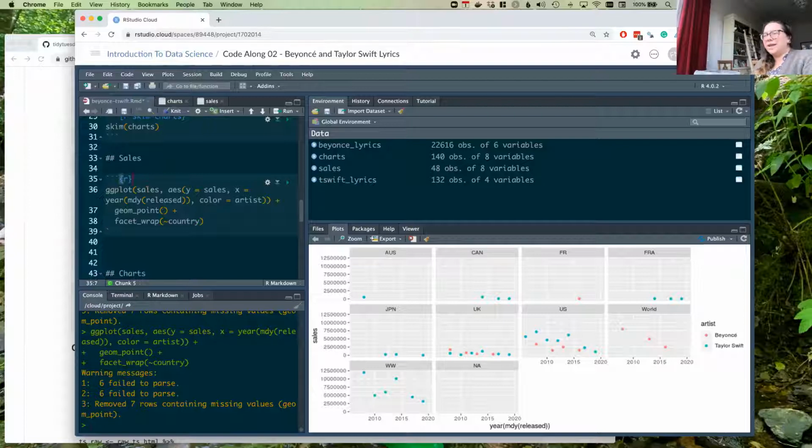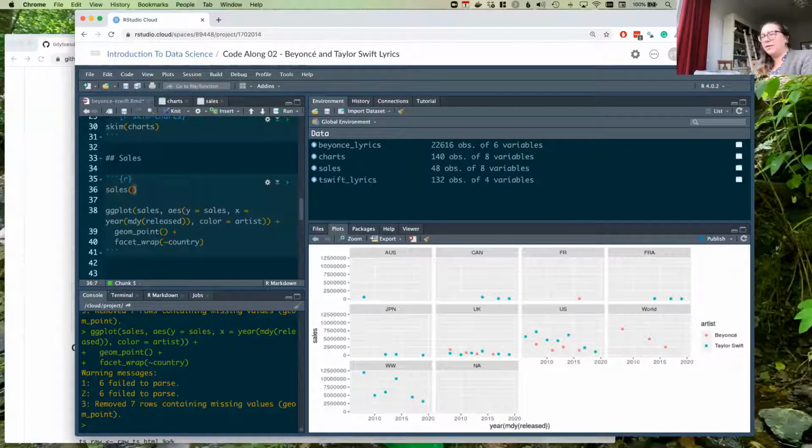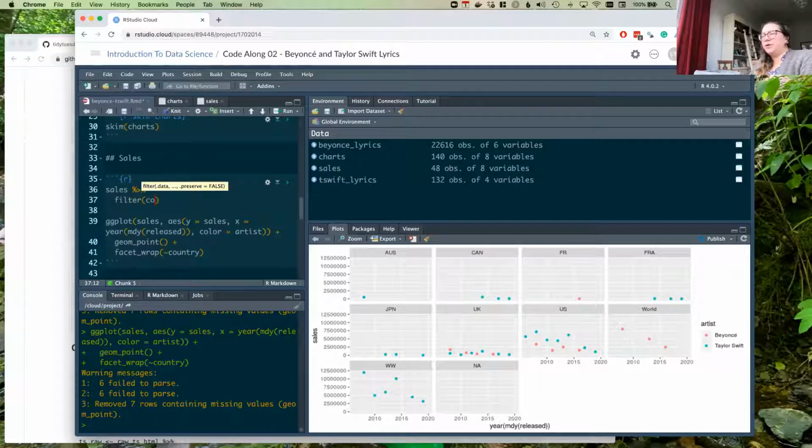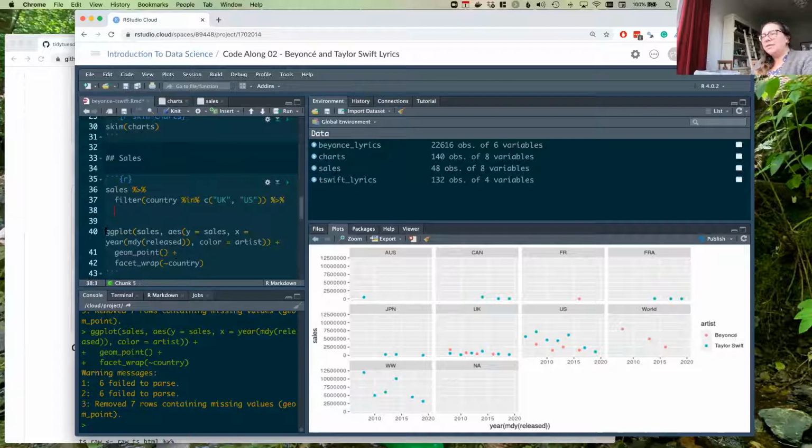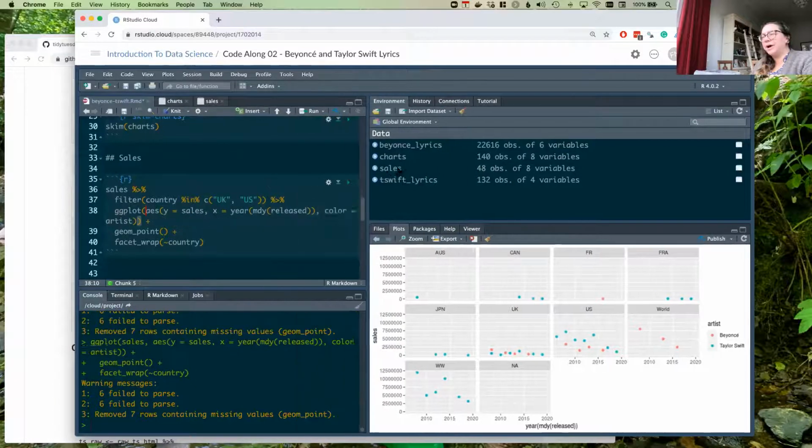So how about we go back and say, let's just start with the sales data frame and only filter for where country is in UK or US. So this is a precursor to the types of things we're going to learn next week, where we can filter not based on greater than or less than, but we can do more complicated logical statements, saying if the country's in either UK or US, give that to me, and then make the ggplot only for these countries. So I'm going to get rid of the data here because I've now put this in a pipeline.